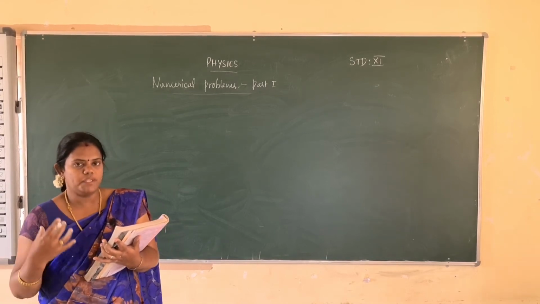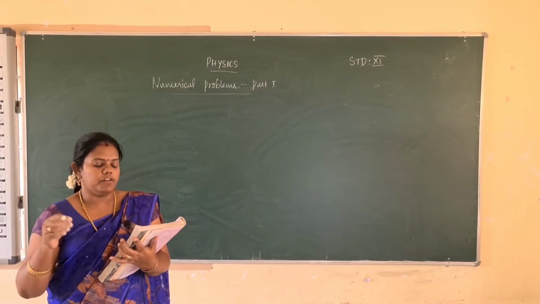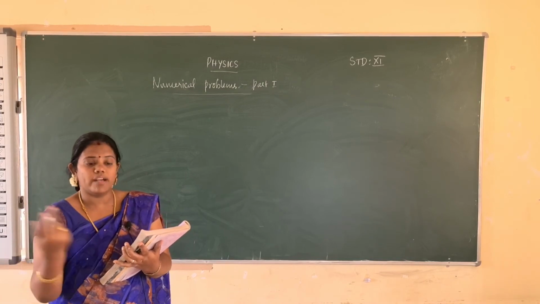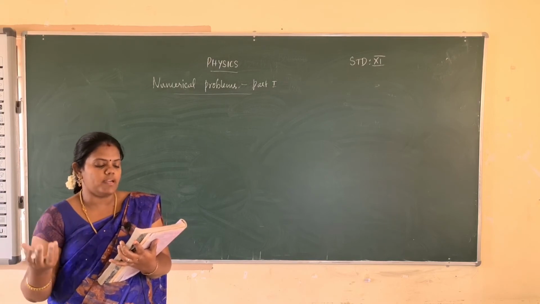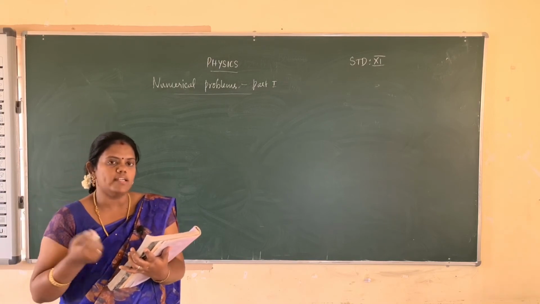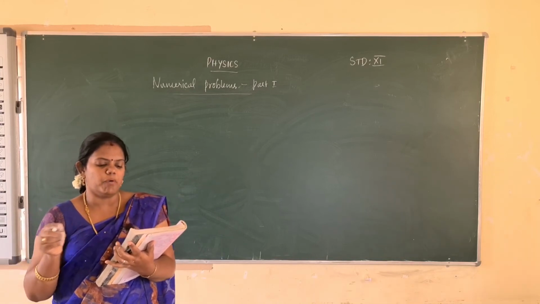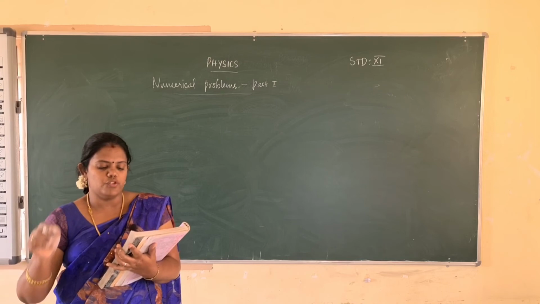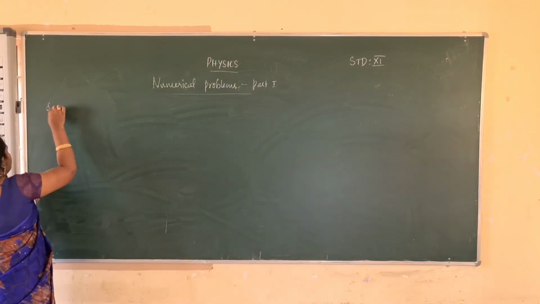Jupiter is at a distance from the Earth of 824.7 million kilometer. The angular diameter means the angle formed by the diameter, that is 35.72. Calculate the actual diameter of Jupiter. So what are the given values? That is the fourth problem.